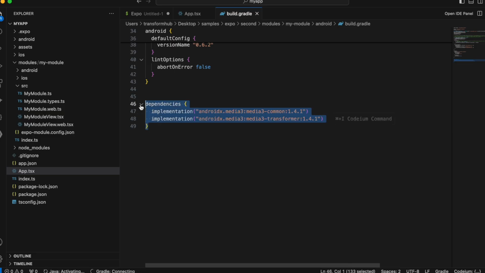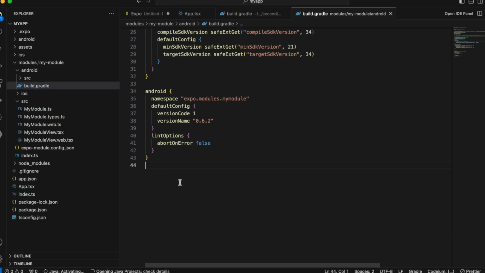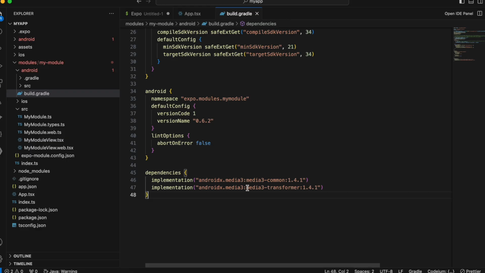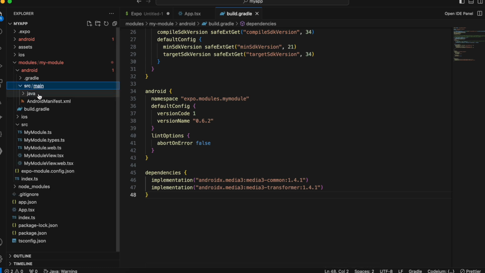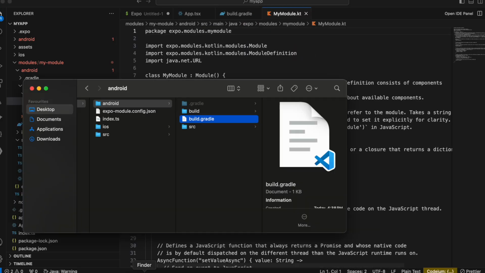So basically what you will have to do is go to the Android folder of your my module, go to build.gradle, scroll down, and just paste it over here. So basically we are including these two dependencies. This will help us to transform the video. So these two dependencies are very important. These are the Media3 transformer dependencies. Then go to src, java, my module.kt, and firstly